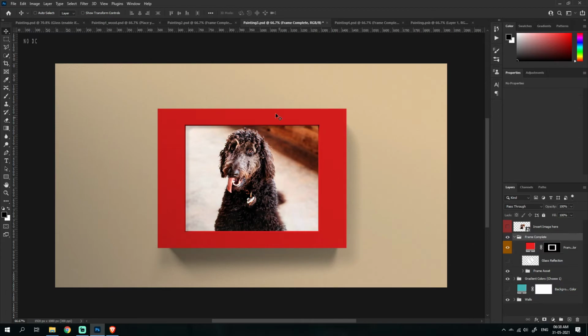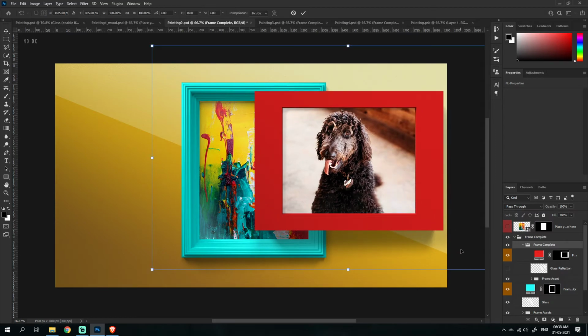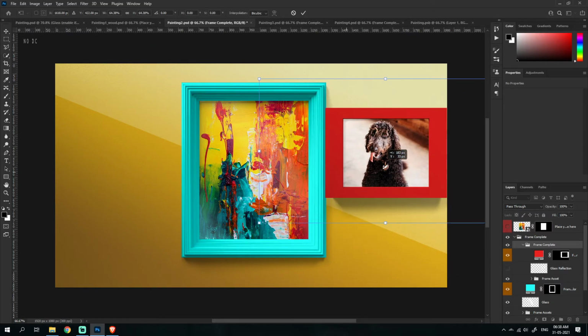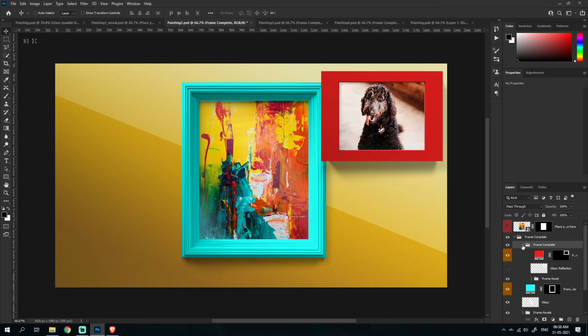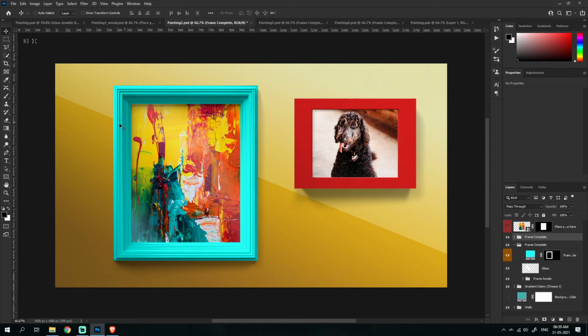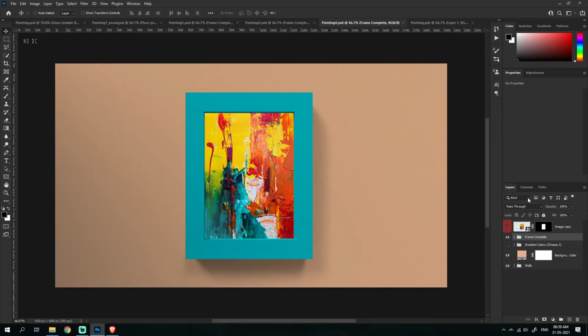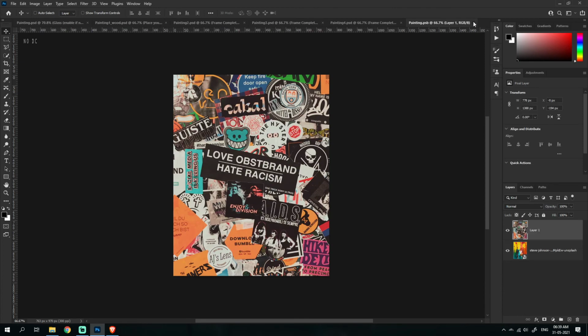You can also drag one frame painting to the other ones, and then scale it down, something like this. Create a frame wall. I accidentally added it in the same section, so okay, now it can change, and you can just have a nice wall of paintings. It's up to you. Next one, also the same sections, and this one has nothing.